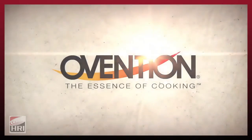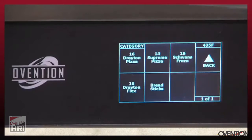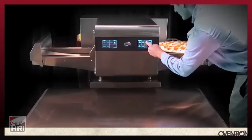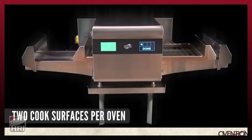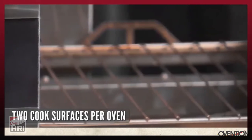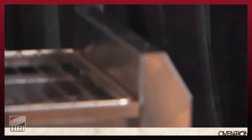The Ovention Matchbox oven is much more than a conveyor oven. It is a state-of-the-art automated cooking innovation that cooks your food precisely as your food wants to be cooked. The Ovention Matchbox has two cooking surfaces that can broil, bake, grill, or toast a wide variety of items, automatically